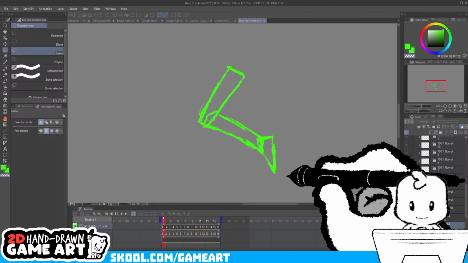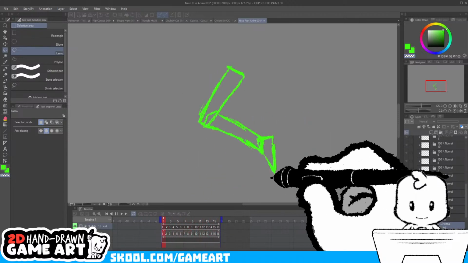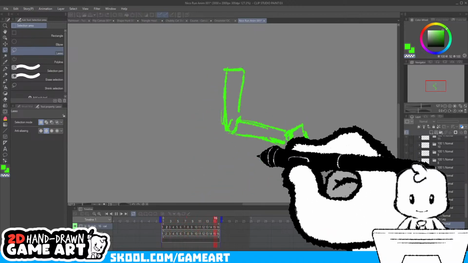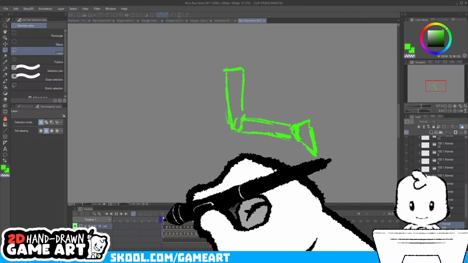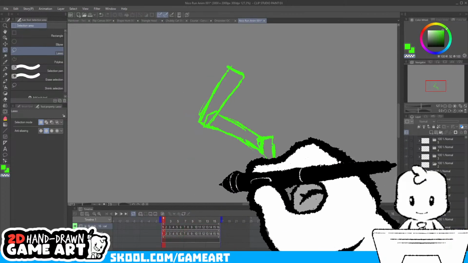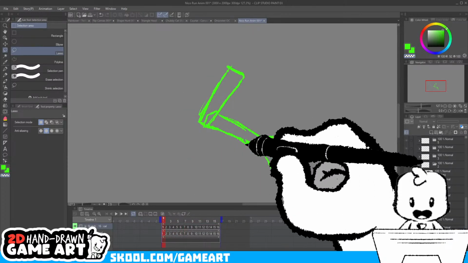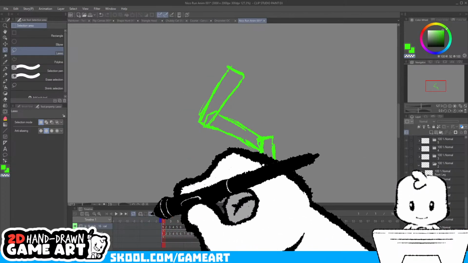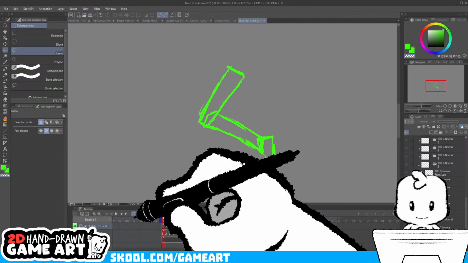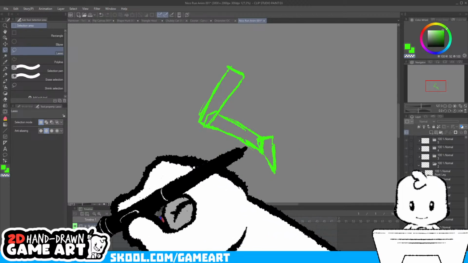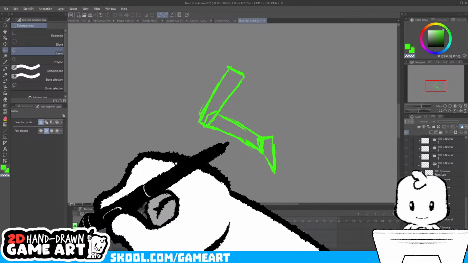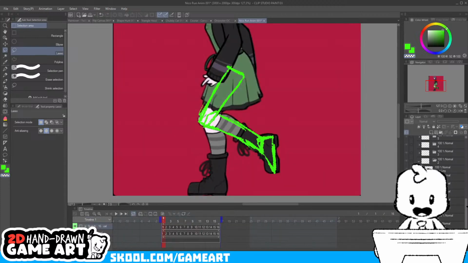Most of the activity is happening down this side. I think we can balance it out a little bit more. So let's get the back leg in, and then we can start adjusting the animation.